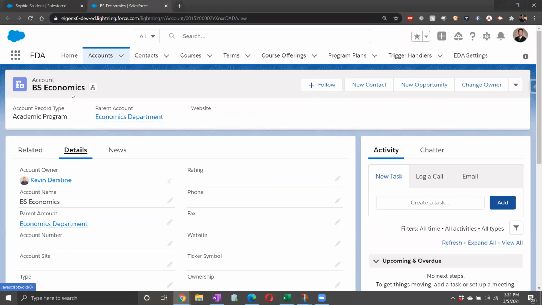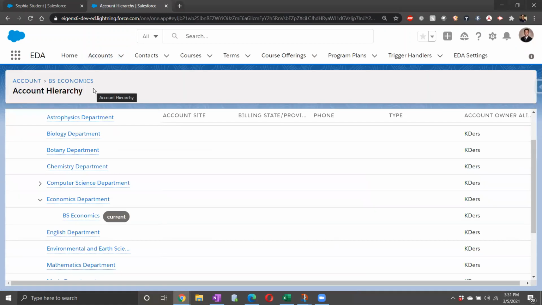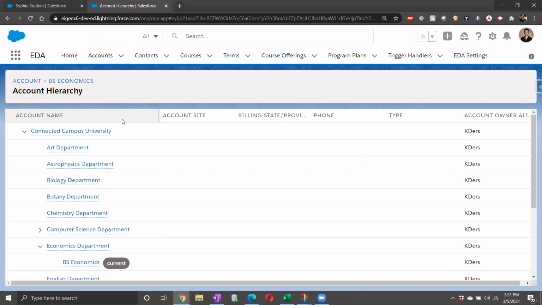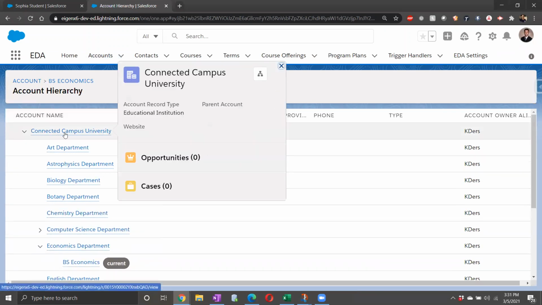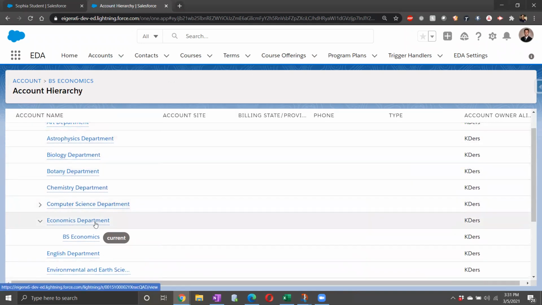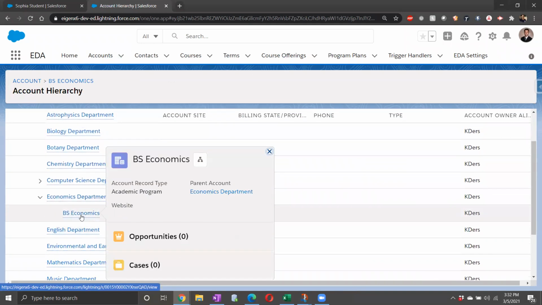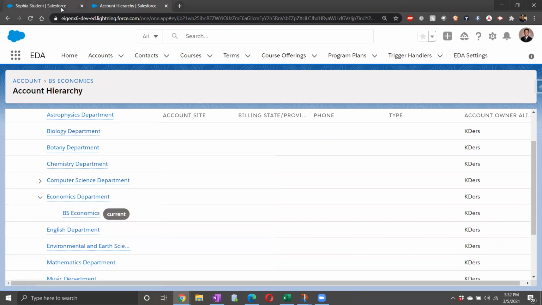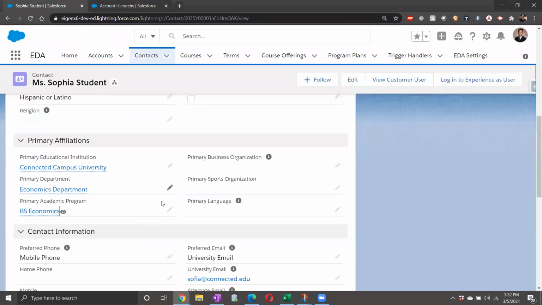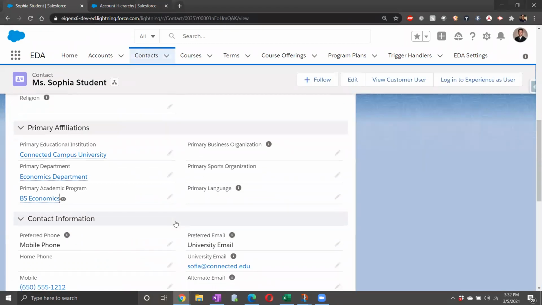And maybe this is something that she's tied to, and you can see the hierarchy in here. So we're seeing everything that falls underneath Connected Campus University or Arizona University, and we're able to actually see that BS economics, so bachelor's in economics, and the account record type that I mentioned before is academic program. So that's definitely insightful from a reporting standpoint, and we know what she's interested in, and we take it one